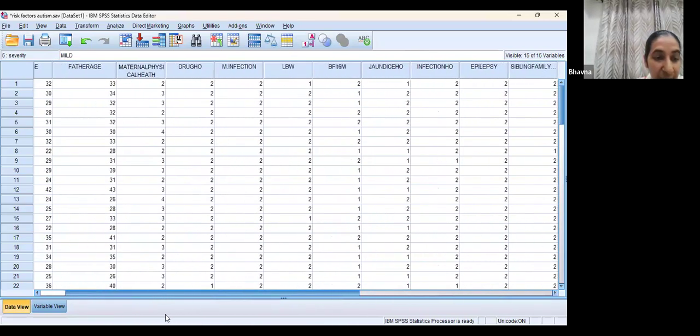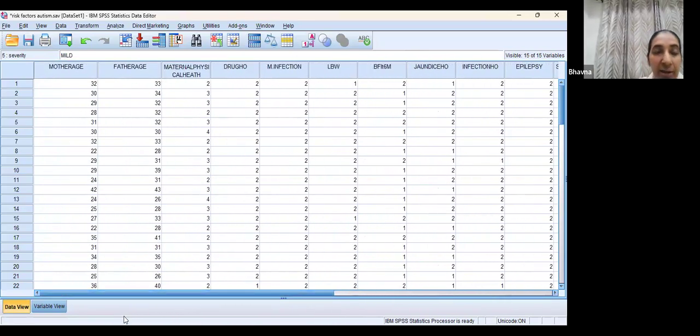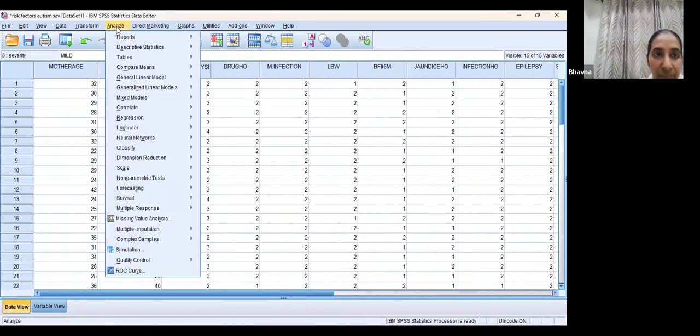We'll try to see how correlation is calculated. We go to analyze, then correlate. This is just to give you a sense. You're not expected to know this. Whenever we talk of SPSS in some other workshop, we will do all this. But I want you to see how easy it is to calculate, since the formulas are very complex. Manually, it becomes very difficult, but software makes your life so easy.